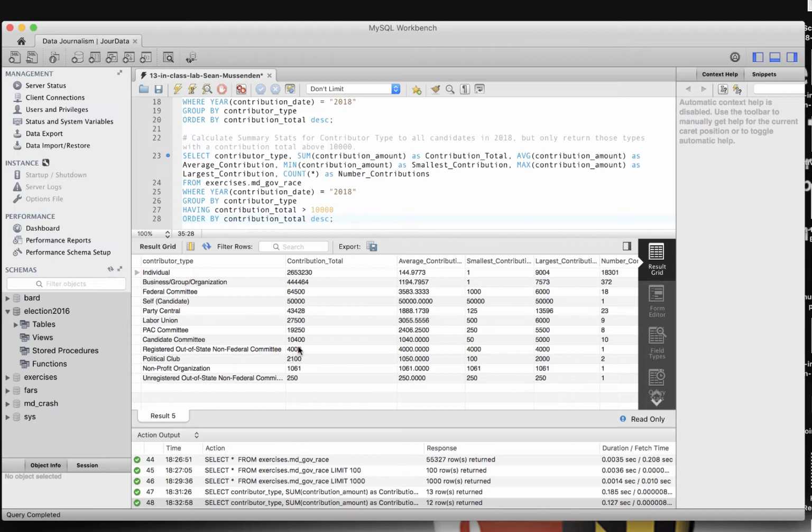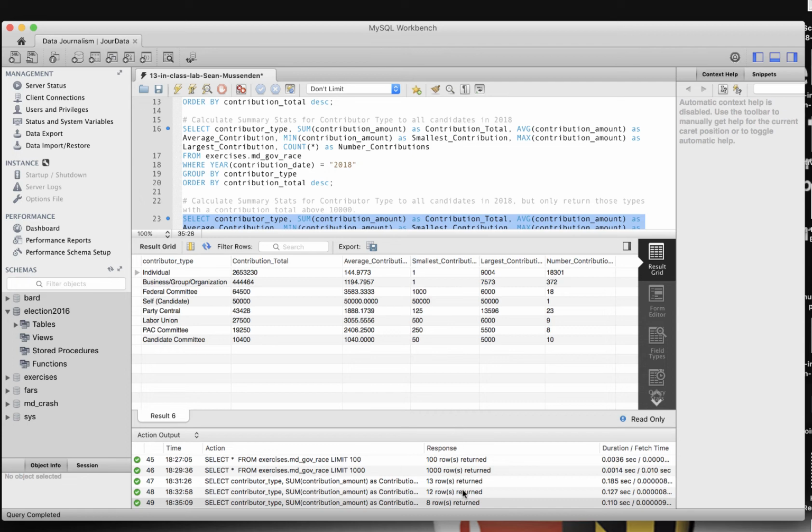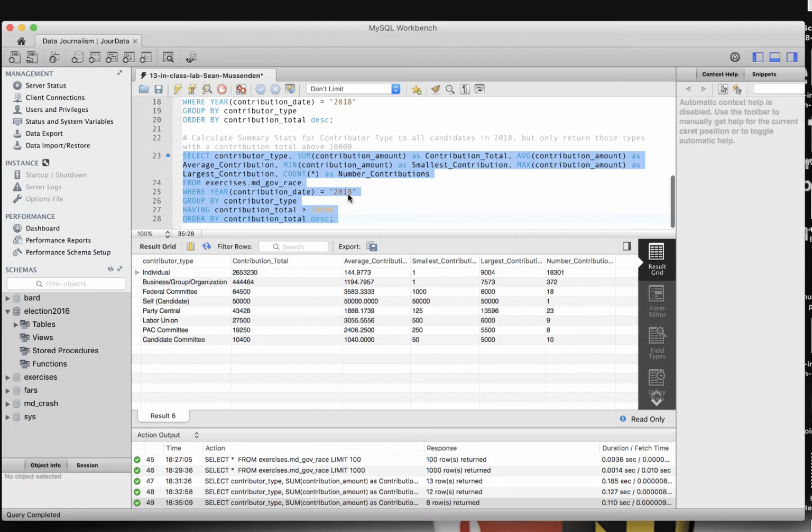have these 4 here: registered out-of-state non-federal at 4,000, political club at 2,100, nonprofit org at 1,061, unregistered out-of-state non-federal committee at 250. Okay, I'm going to execute this query, and now we get 8 records, and those 4 that have a contribution total under 10,000 are now missing. Okay, so just a note here,